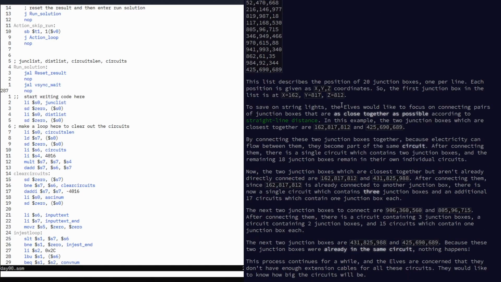Then they say we want to connect pairs of junction boxes that are as close together as possible according to straight line distance. So you start with the ones that are the closest together. You connect them and they become the same circuit. Now after connecting them, there's a single circuit with 2 junction boxes, and the remaining 18 are in their own individual circuits. And so what you want to do then,